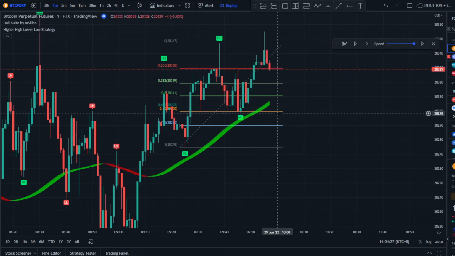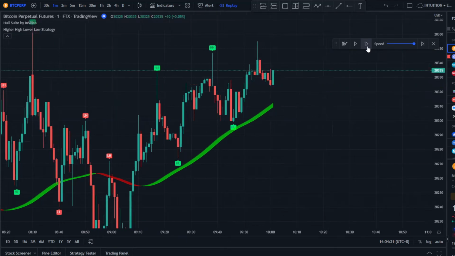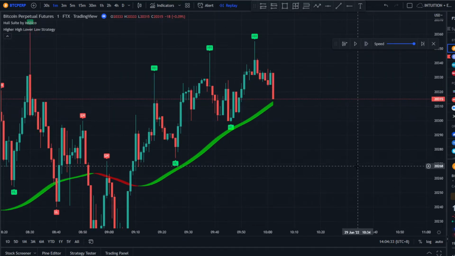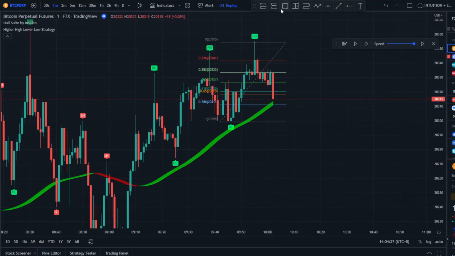And we have another higher low formation, and we have a higher high formation. So let's draw the higher low to the higher high, and we'll be entered